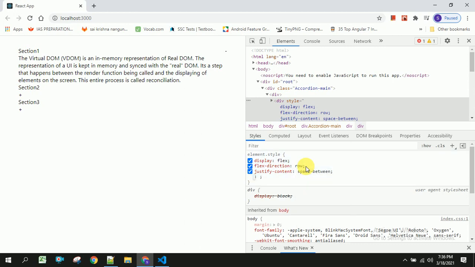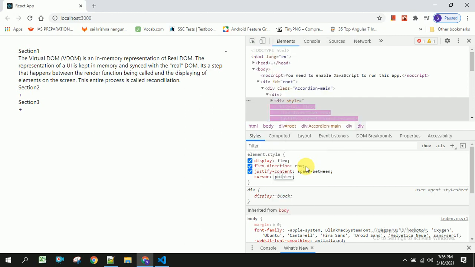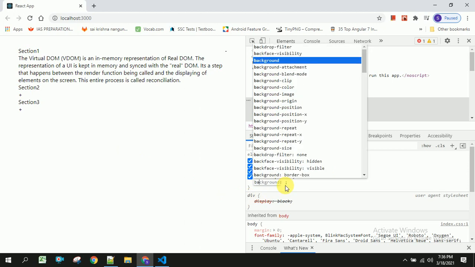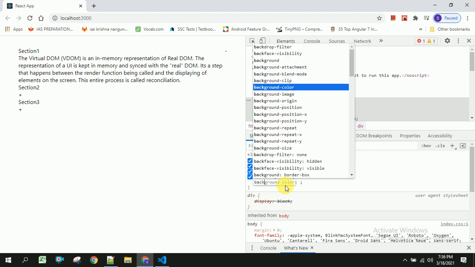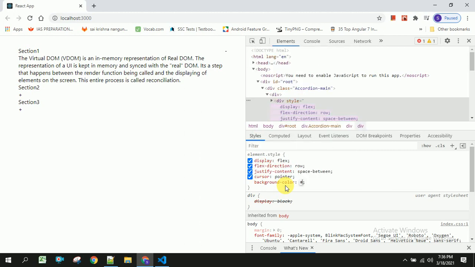Now I am going to add a cursor as pointer. You can see here it will be changed once we place our cursor on this section. And the next one is background color. I am going to add some background color to this. It is 21AECA.